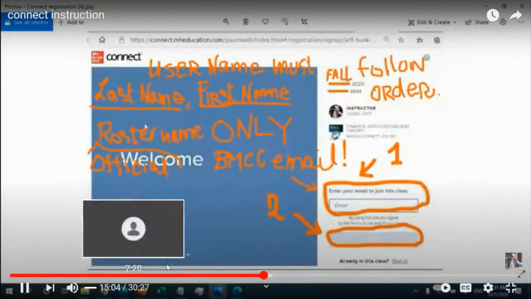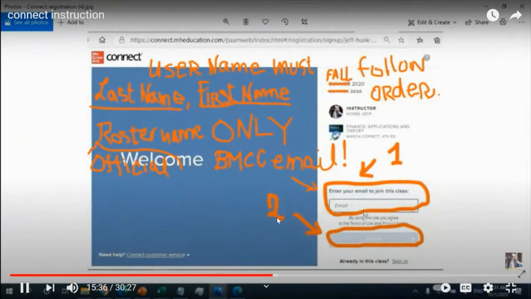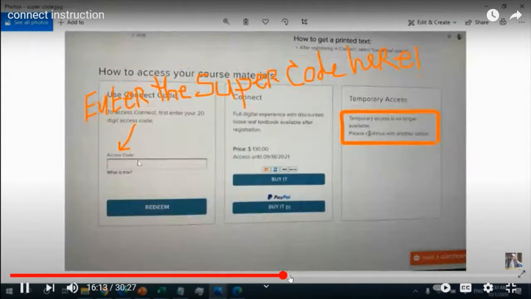Last name, first name. So did you get to this page? Yes. And then from here,